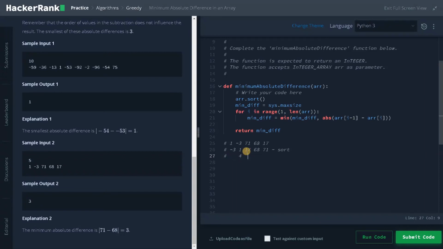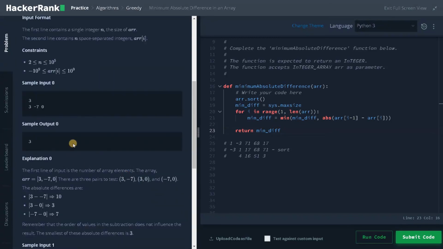Here 17 minus 1 will be 16. And 68 minus 17 will be 51. And finally 71 minus 68 will be 3. Here you can see this is the minimum. Each time we are comparing with the previous minimum difference. Finally we will get the answer 3, and after that we will return it.